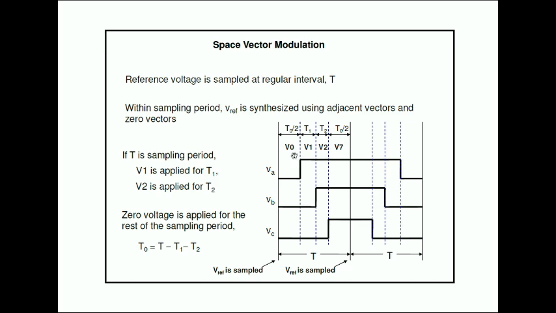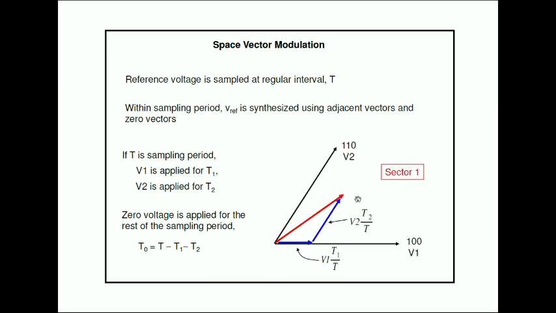In between we made a random vector, and if you want another vector, you can use the same logic. If you want a vector like this, then you can make it as a combination of two parallel vectors, V2 and V1, with different magnitude. That different magnitude we are obtaining through the sampling of that particular vector.